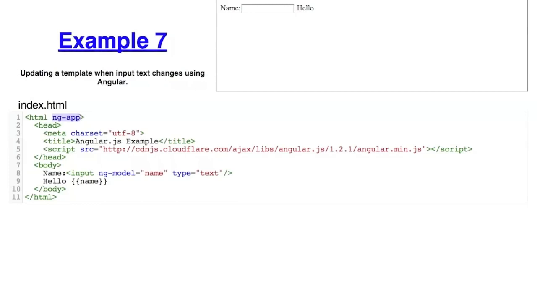So ng-app says to Angular, okay, this page is an Angular app. You should do whatever you need to do to make Angular work on this page. So it's called the bootstrapping process, where it compiles the DOM. Here it's using